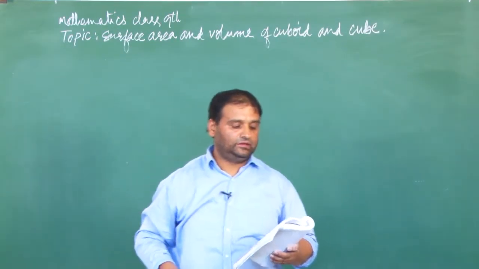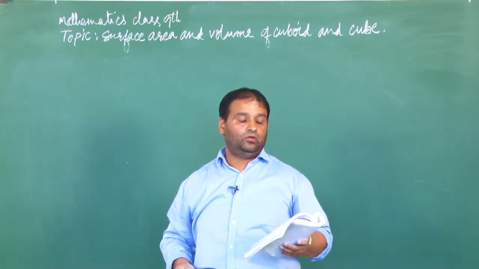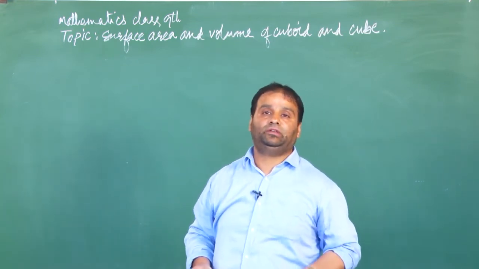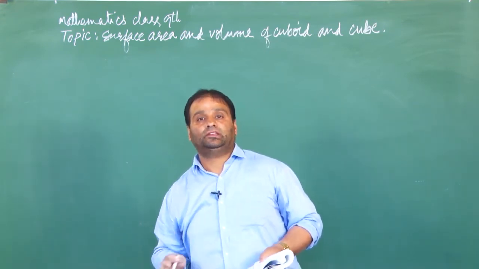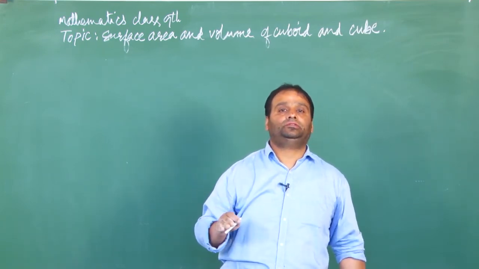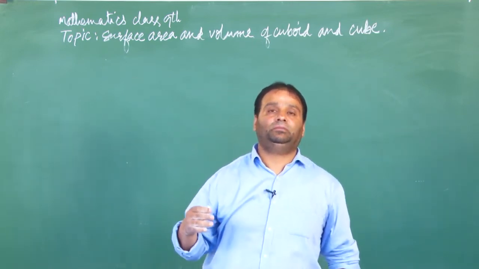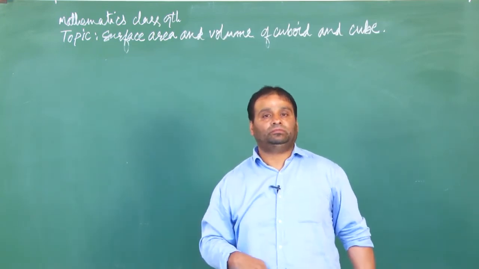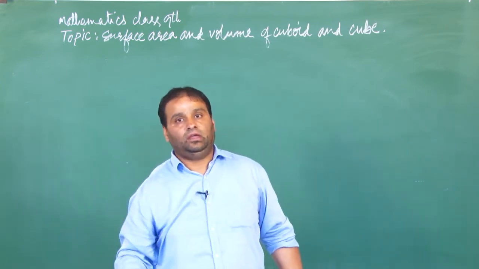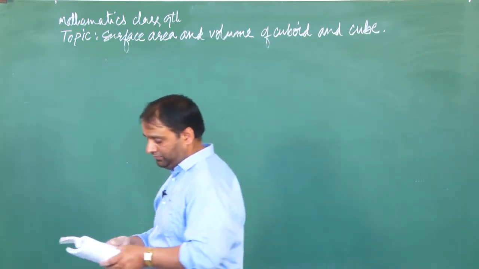Another question: the length, breadth and height of a room are 5 meter, 4 meter and 3 meter respectively. Find the cost of whitewashing the walls of the room and ceiling at the rate of rupees 7.50 per meter square. Again, this room is of cuboidal shape and only 5 surfaces are to be taken into account. The whitewash is only for the 4 walls and the ceiling. That means the bottom of the room, which has dimensions length and breadth, is to be subtracted from the whole area. And it is exactly the same question that we previously did. Okay? Now,